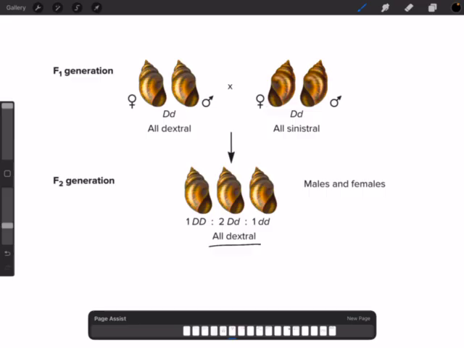Let's take these F1 generations. Remember, these are the same genotype but different phenotypes. Heterozygous, heterozygous, but this one's all dextral and this one's all sinestral. Now, if you have an individual that's heterozygous, has a dominant D allele, but they're sinestral, this would indicate